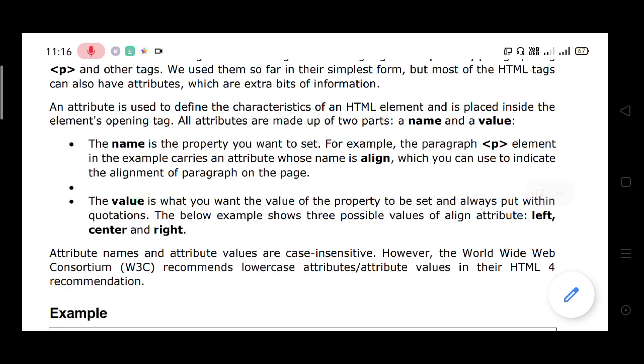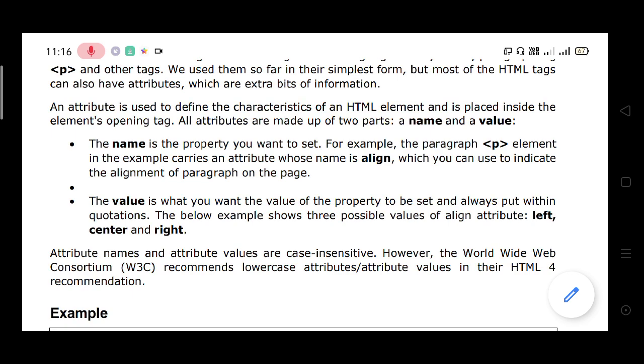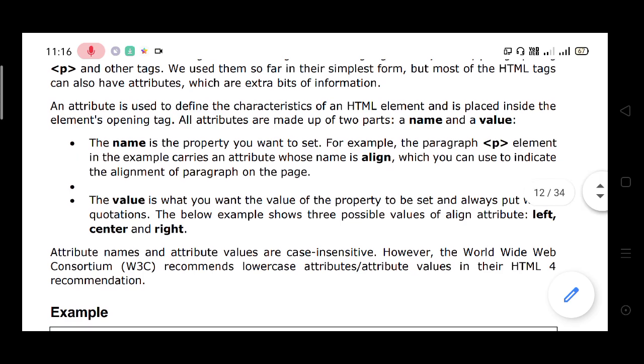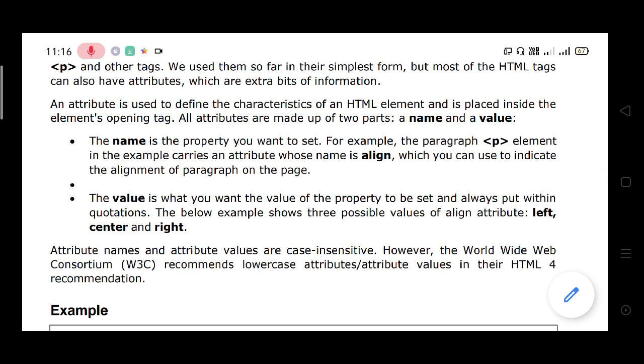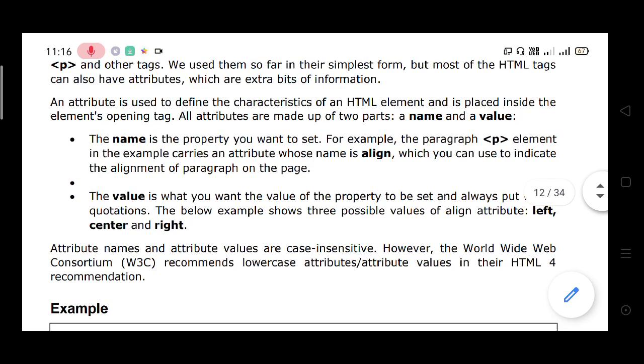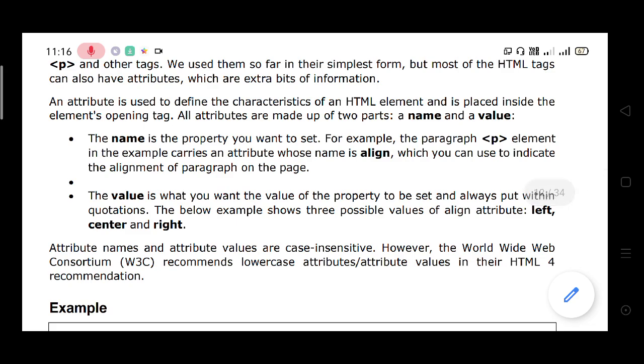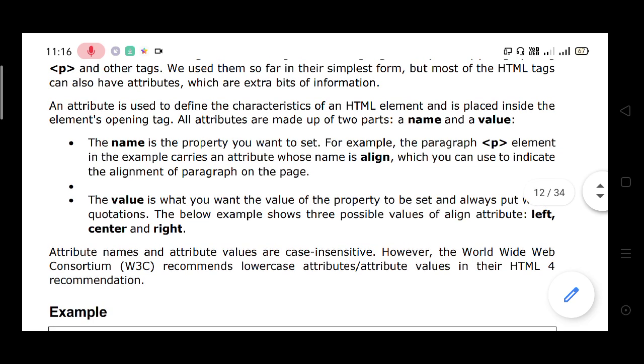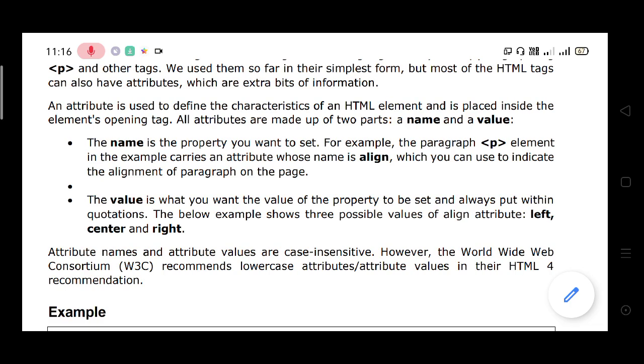An attribute is used to define the characteristics of an HTML element. Each HTML element's characteristics are its attributes, and they are placed inside the element's opening tag. All attributes are made up of two parts, a name and a value.